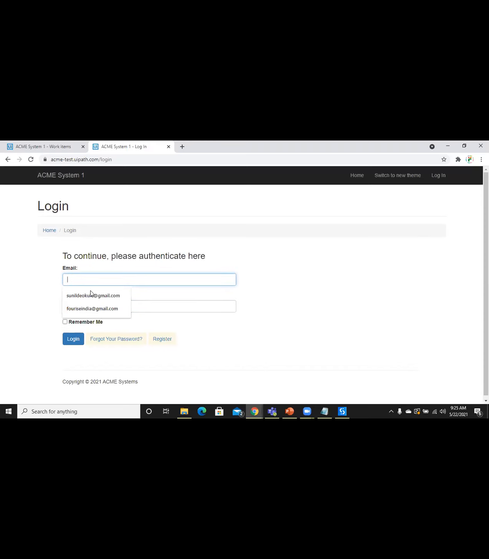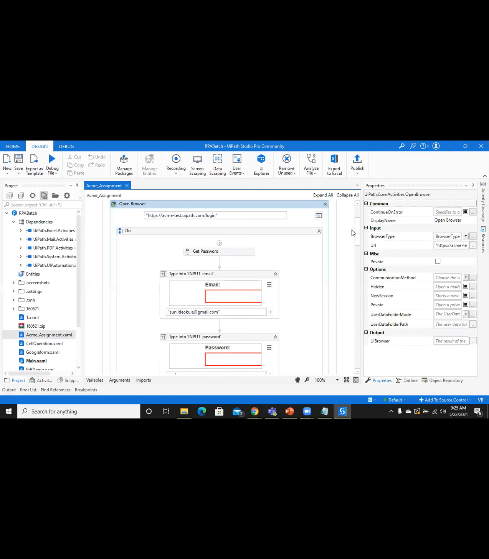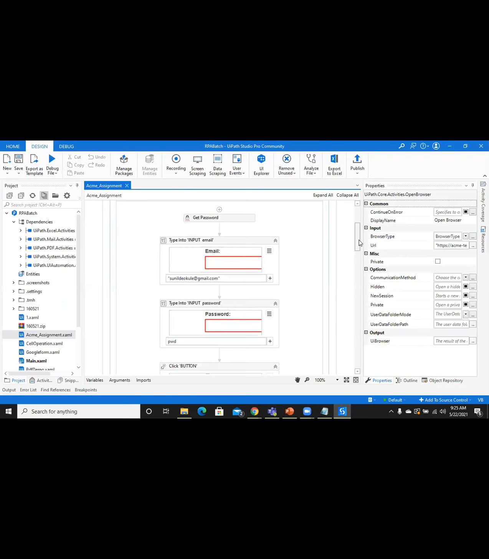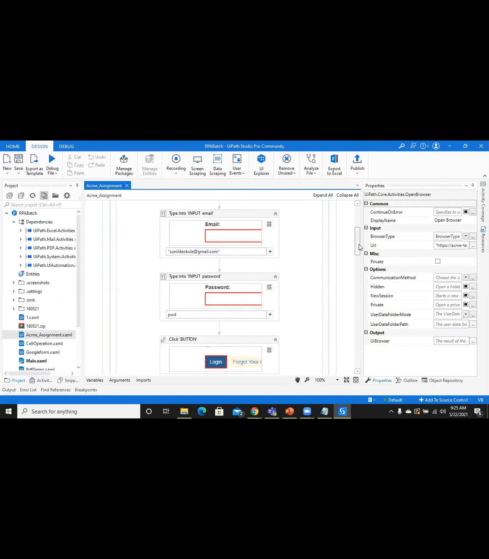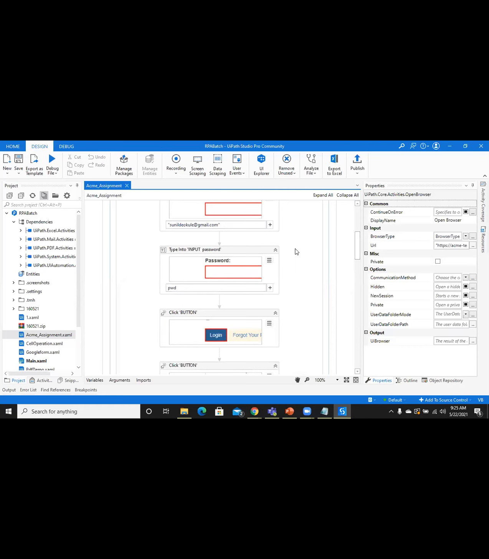After using these credentials, I can log into the Acme portal. That is the first task I have done for this assignment. So I have taken one Open Browser activity, a Type Into for entering the email ID or username, and a second Type Into for the password, using the variable pwd.